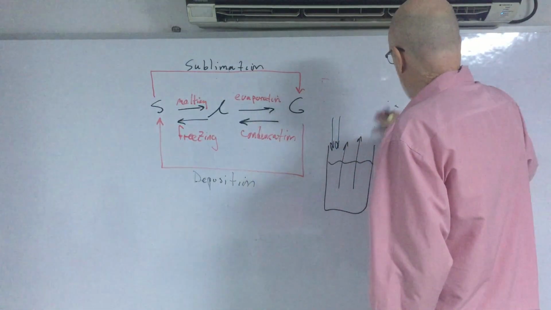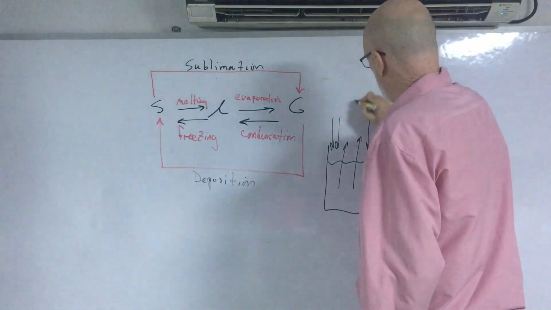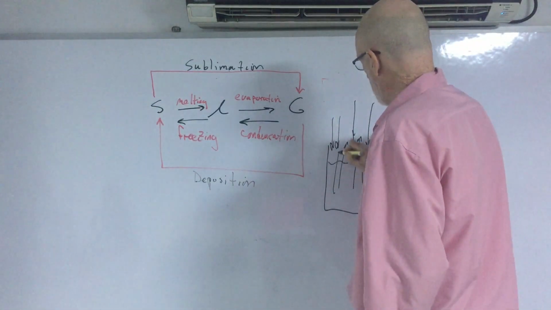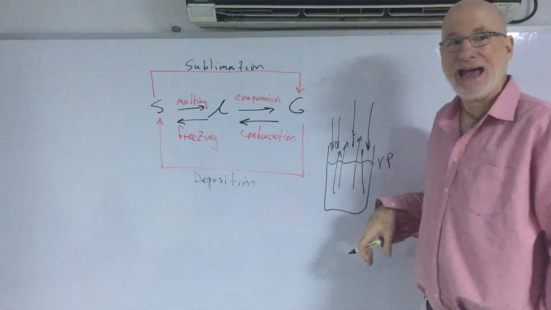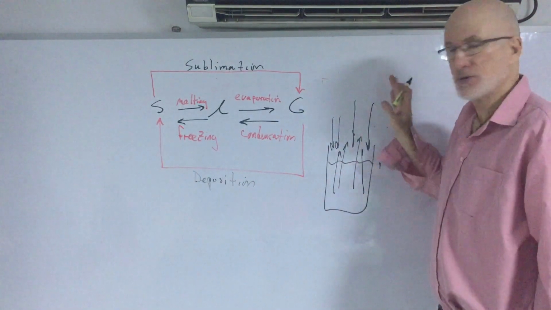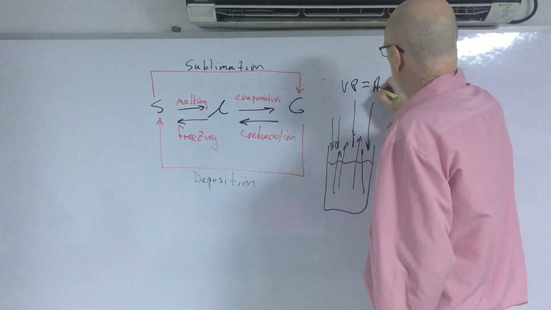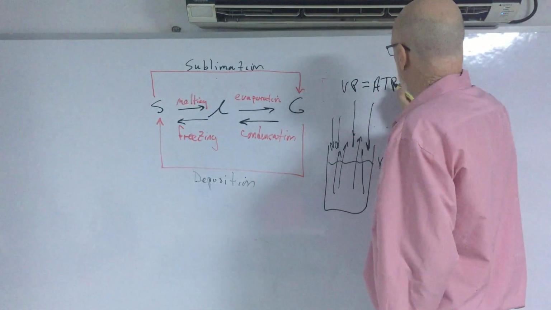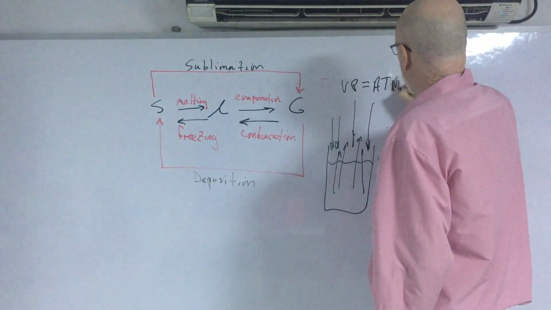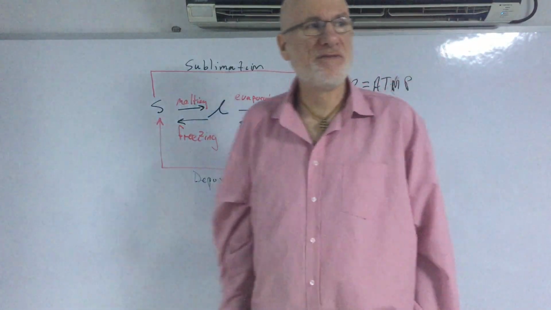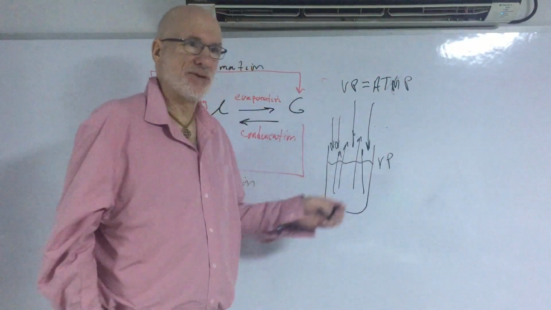Let's get rid of this word plasma. You have atmospheric pressure, correct? Atmospheric pressure is coming down. Vapor pressure is going up. When the vapor pressure equals the atmospheric pressure, right? When the vapor pressure equals the atmospheric pressure,